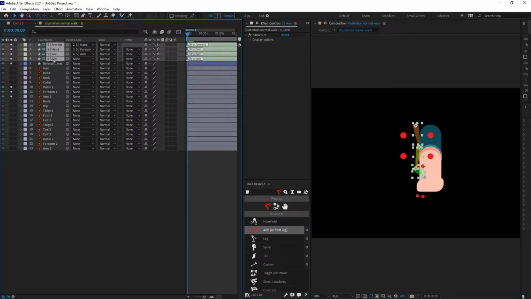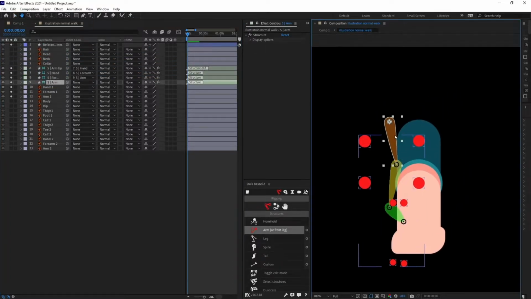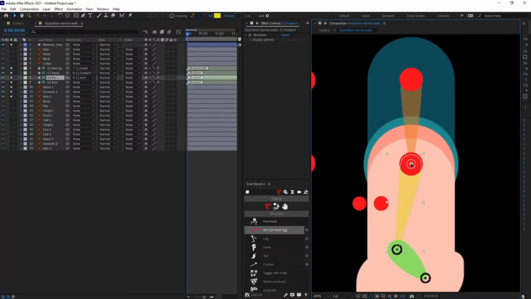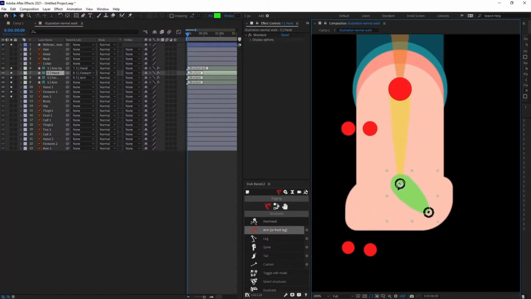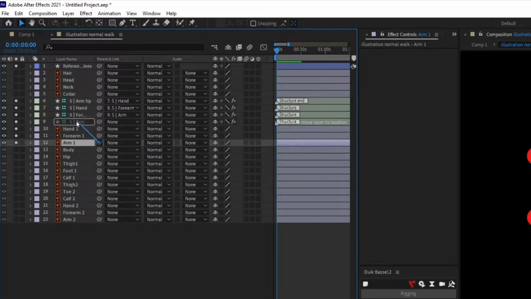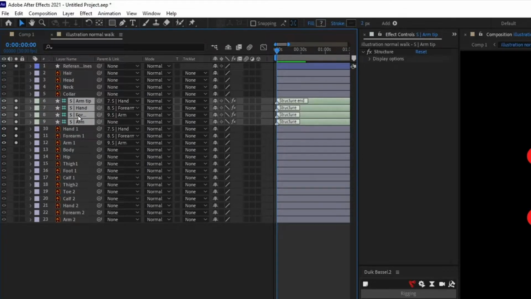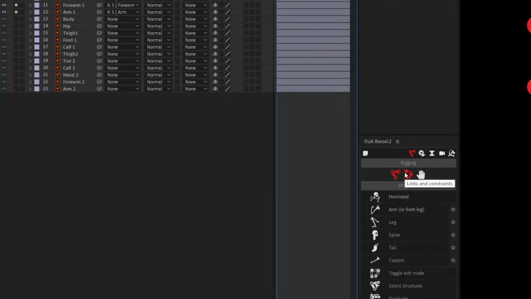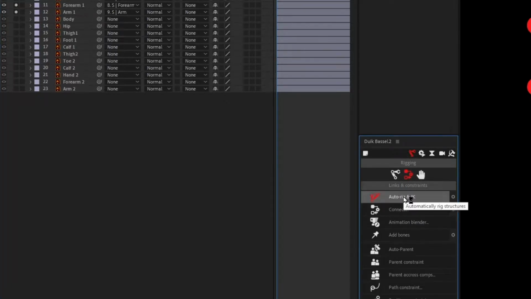So this will bring some structure layers of the arm. We are going to put this structure layer above each of these layers: arm over the arm, forearm over forearm, and hand over hand. Now I'm going to parent the arm with the arm structure layer, forearm with the forearm structure layer, and hand with the hand structure layer. Alright, now I'm going to select all these structure layers and click over here, Links and Constraints, and click on Auto Rig,